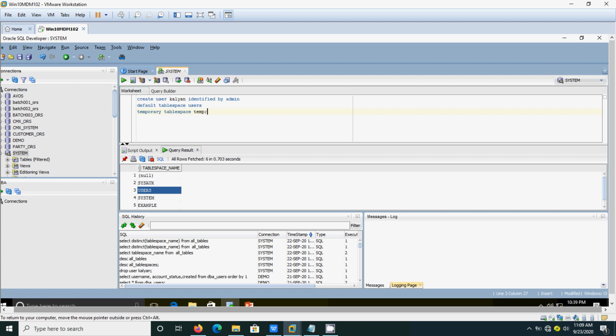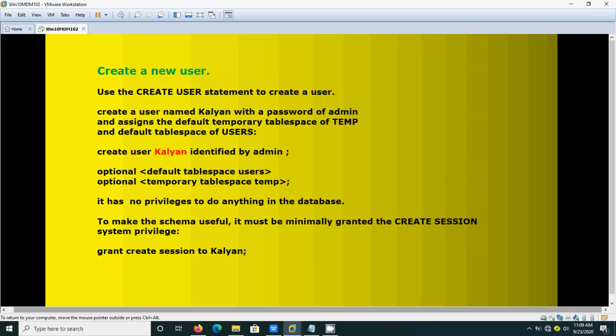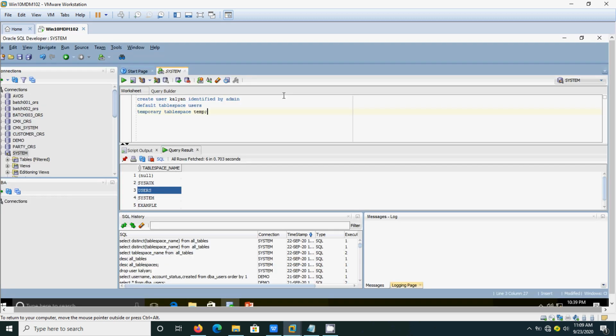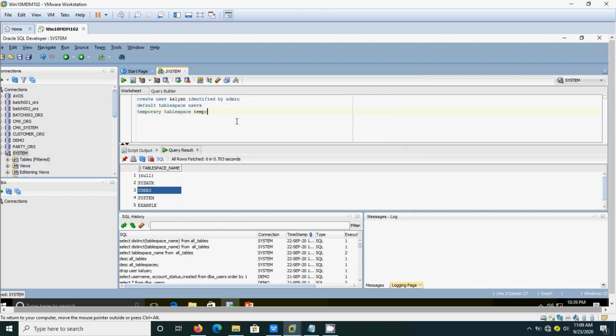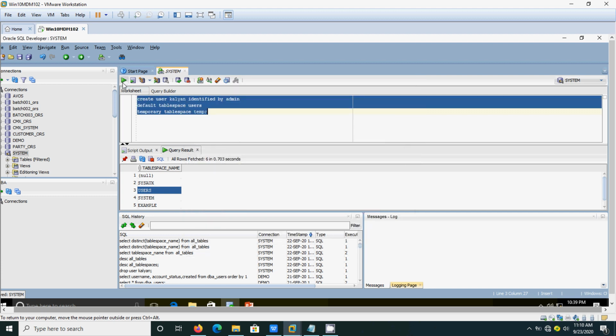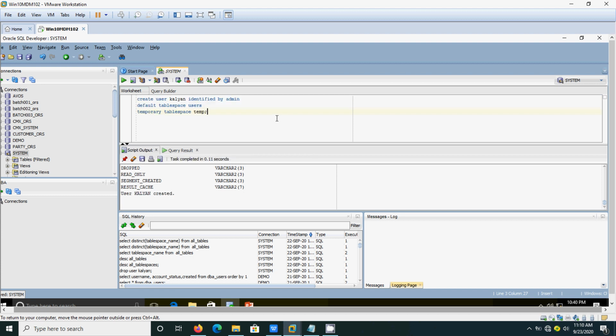Like that we can create it. See, user Kalyan created. Okay, but here what is the issue is, now we have created the user, but this user